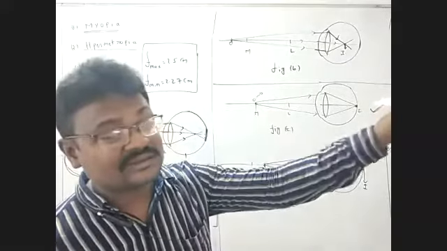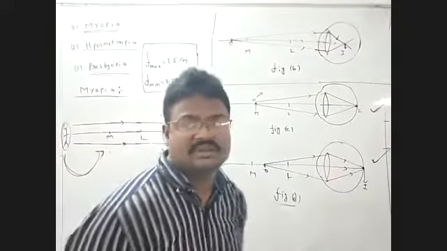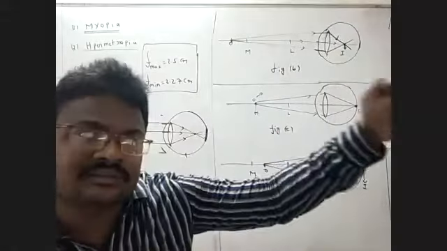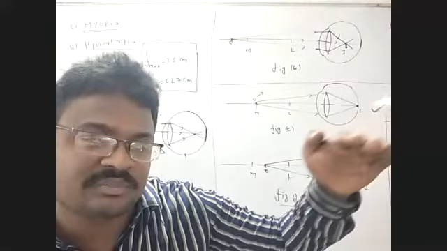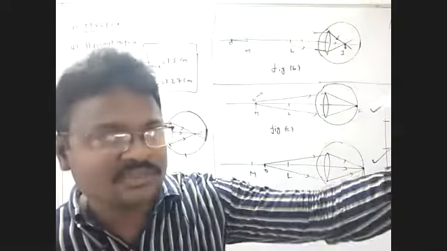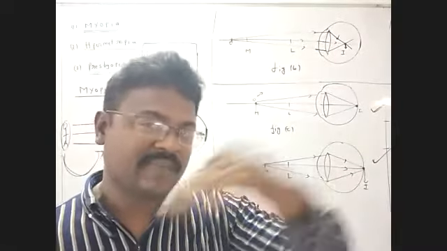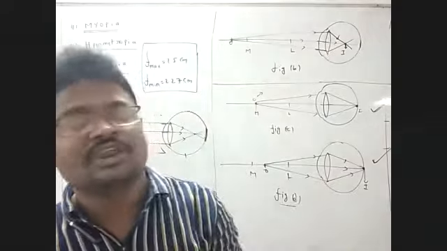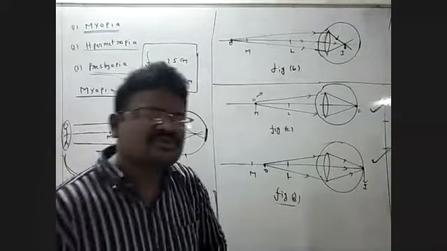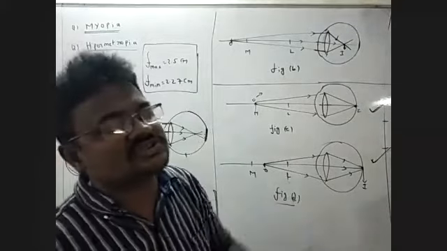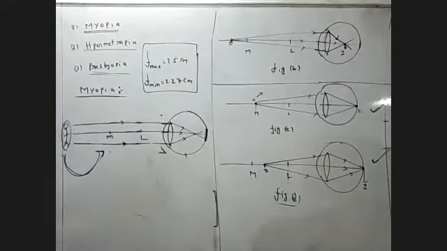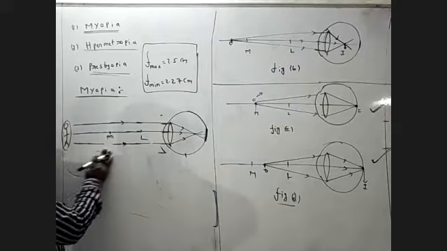But we can bring the image of the building. The image of the building is possible. So we bring the image of the object from infinity to M point, and we are able to see. Otherwise, if the image of the object is placed between M and L, we are able to see that image. But which thing brings that image of the object? By using the lens.